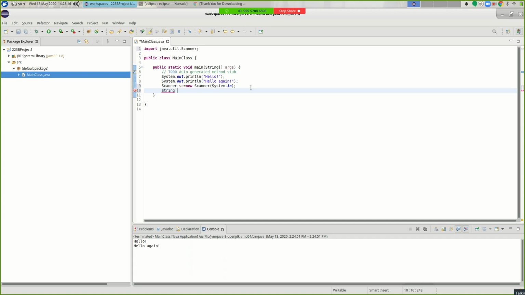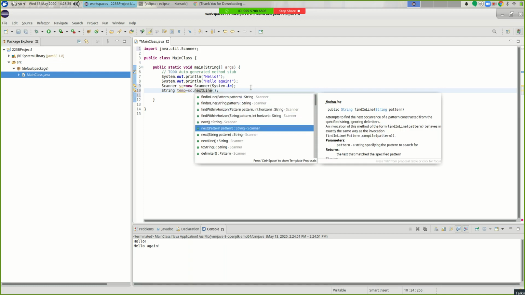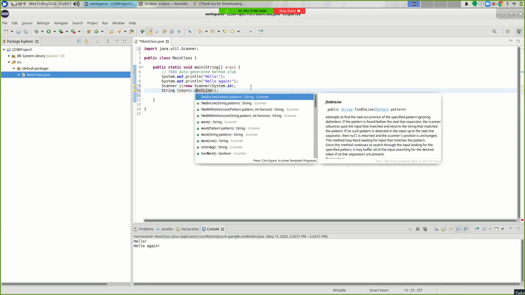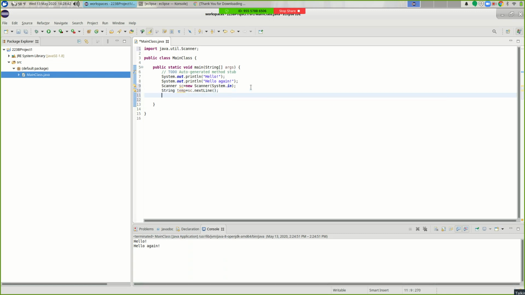Let's do String temp equals sc.nextLine. And that one I did make a typo on. Normally I'm used to hitting the down arrow to go down to the next line. I can't do that now because I'm in this context menu, and I can't go over to the right because that's doing something, so we'll figure out how to deal with that. So I've got a temp string which is equal to sc.nextLine. Now I've got 2 things in yellow. I'm not going to worry about them. Let's just print out a message.